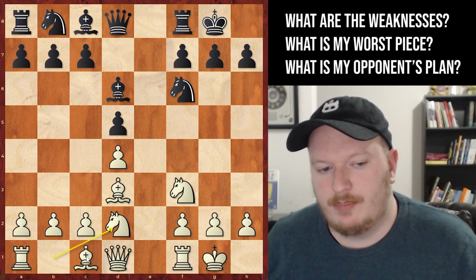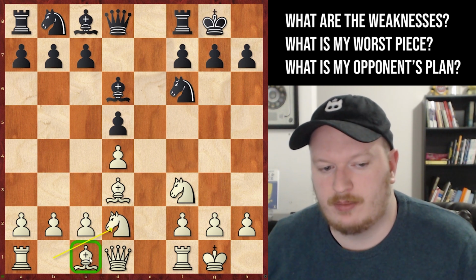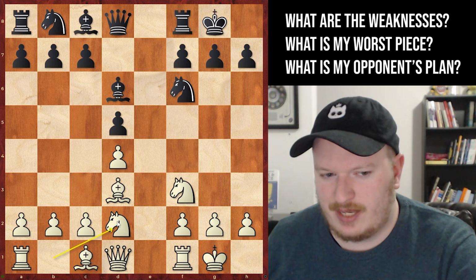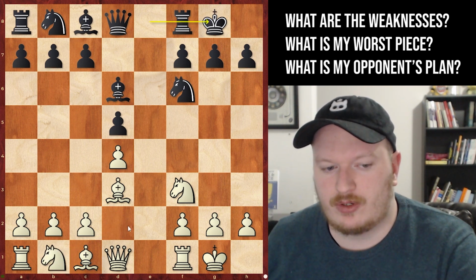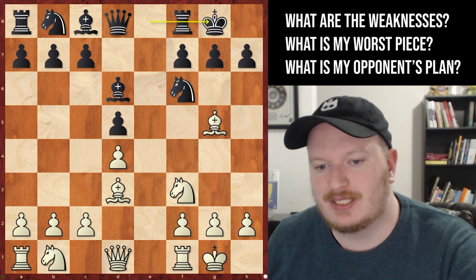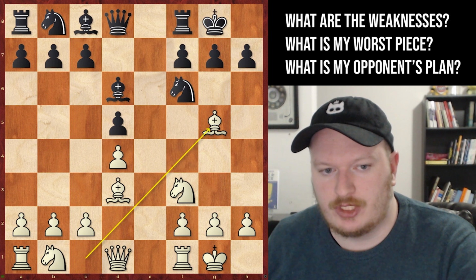Right, so the bishop on c1 actually becomes a worse piece because it's blocked in by the knight. The knight on d2 is quite good, and it might even want to stay there, so maybe this isn't the correct option. Instead, bishop to g5, you could say, is better in retrospect, because after bishop to g5, let's say